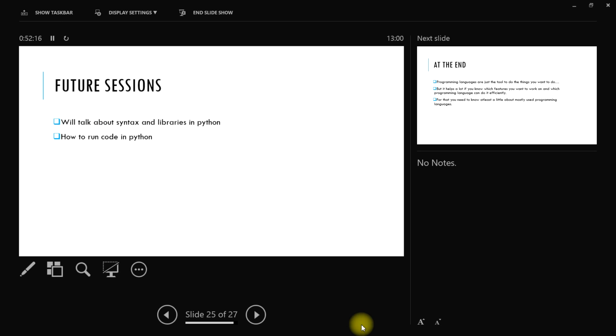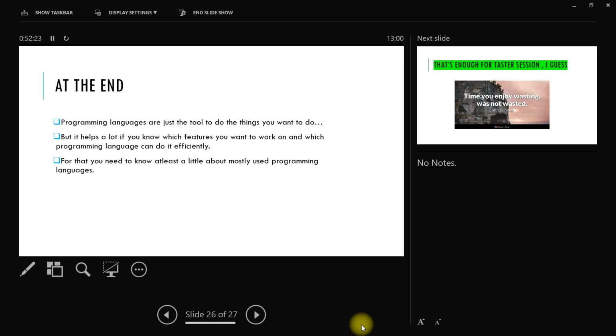So in the future sessions, I will be talking about syntaxes, how to use libraries, and how to run code in Python. At the end I just want to say that there are many programming languages and they are just tools to do the things you want to do. If you do not know what to do, then they won't help. They're just tools, and it's better to know in advance which programming language to use for which thing. There are always pros and cons, and I guess